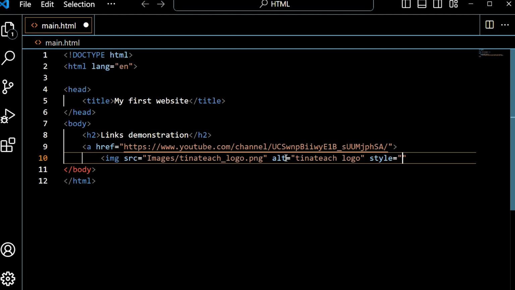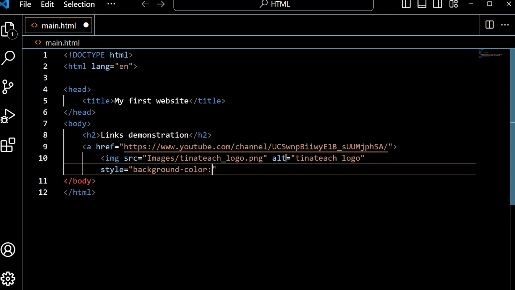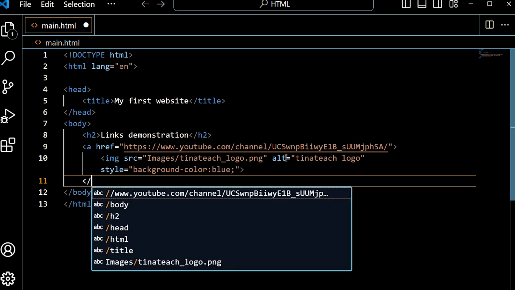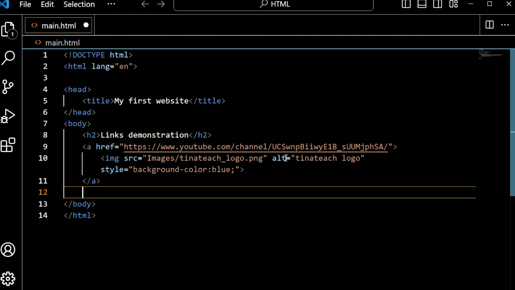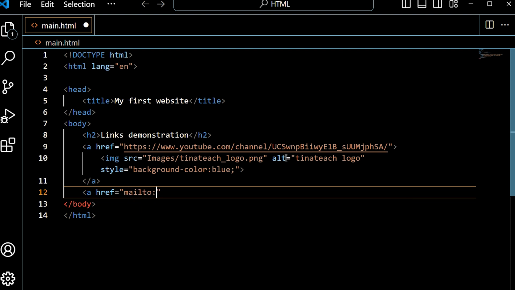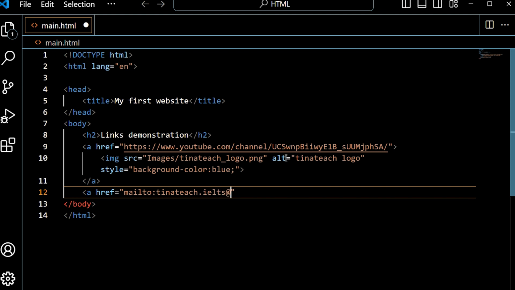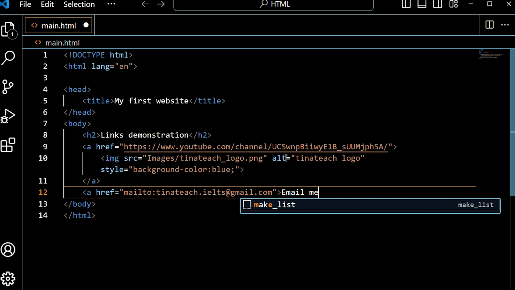style, background color is alt Z to wrap the text. Background color would be blue. Okay, and then let's close the a tag. Control S to save. Now let's make a new link. href mailto. All right. Tinateach.ielts@gmail.com. and email me. Okay,